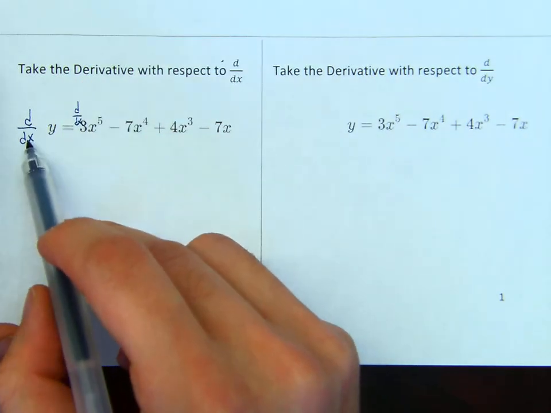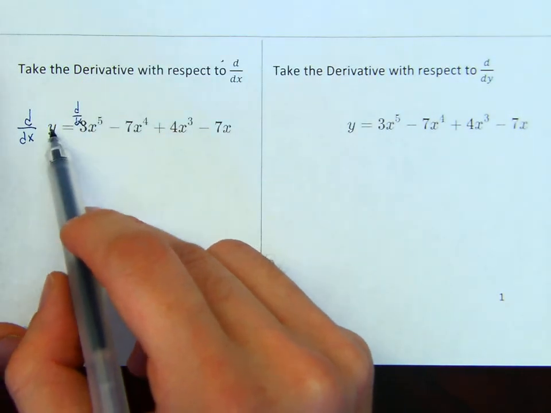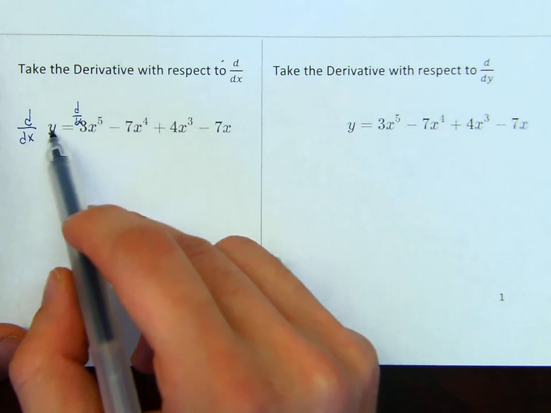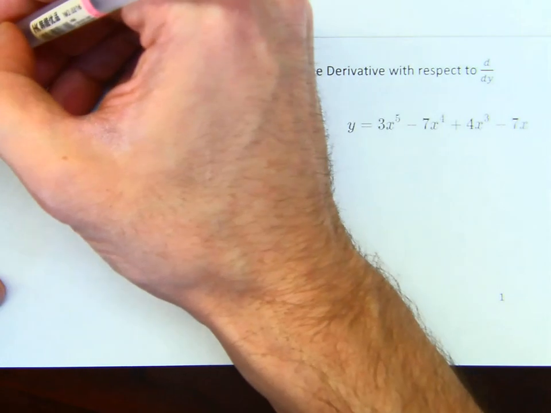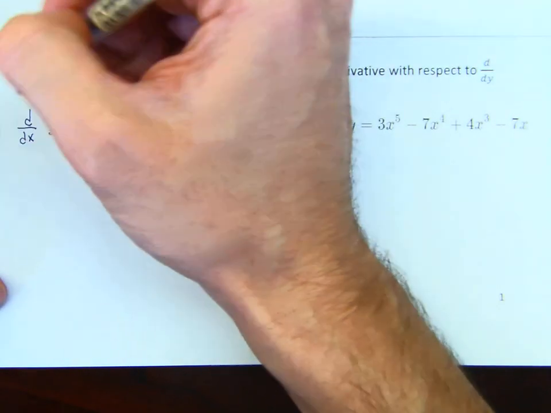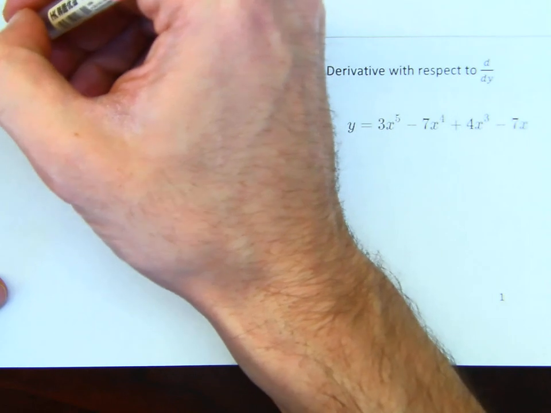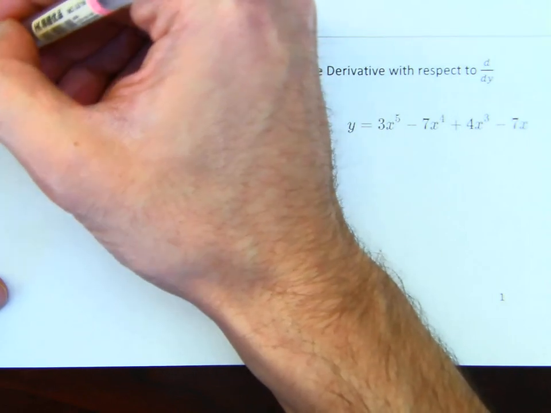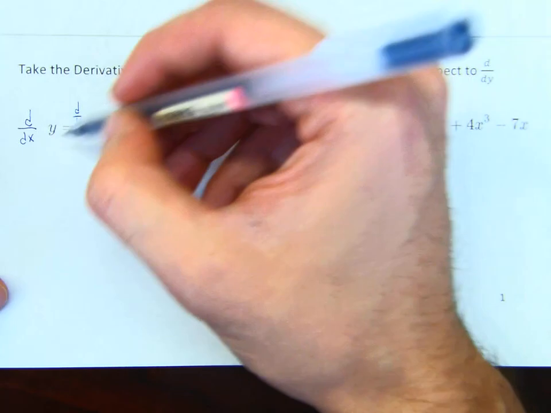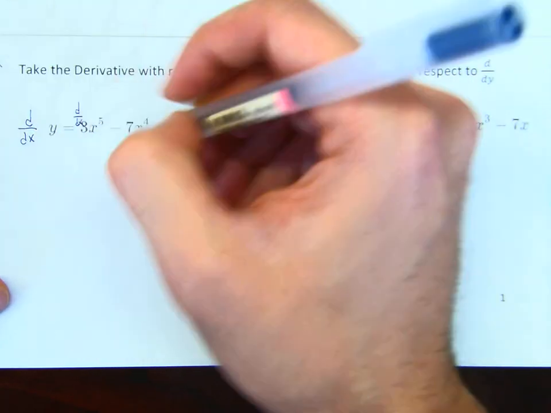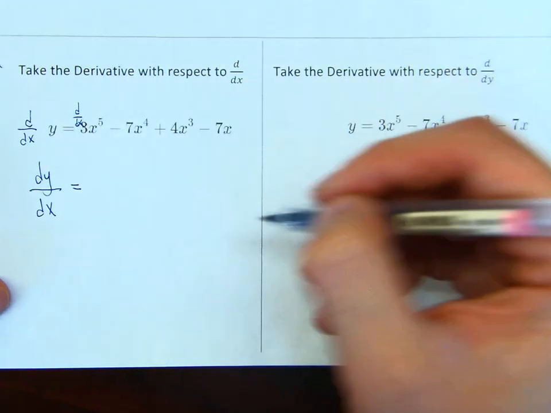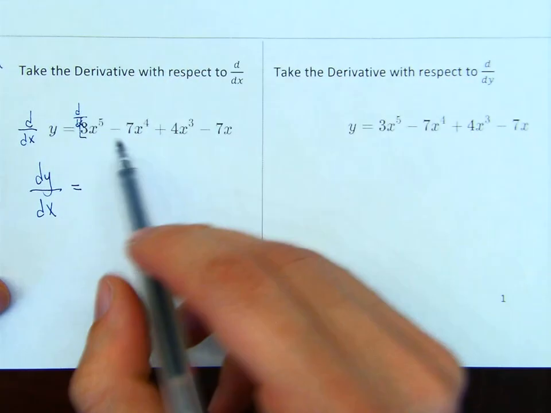So d dx, notice how this x and this y are not the same. So you can't take the derivative of y. You can't just say that the derivative of y is 1. Because here, you would have to do d dy to take the derivative of this. But you don't have d dy, you have d dx. So then this just becomes dy dx equals,